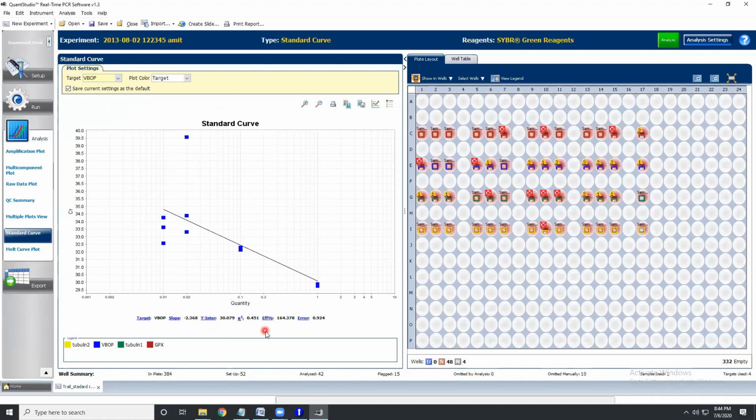And then VVOP. So it is close to 165% efficient, which is practically not possible. For any machine, the maximum efficiency could be 100%. It cannot go to 164%. So in this case, you may have to